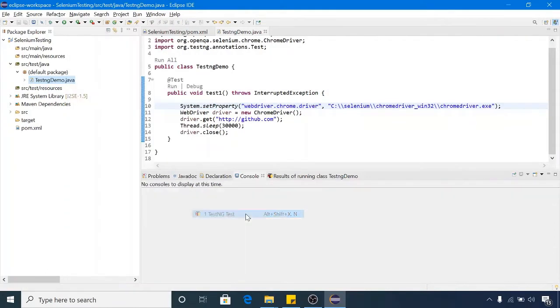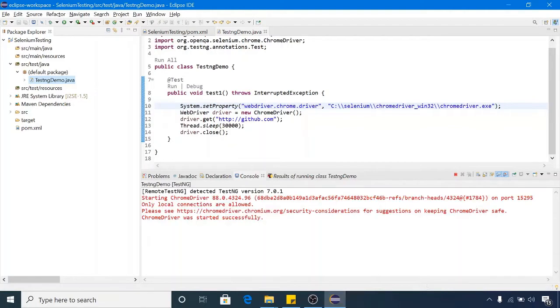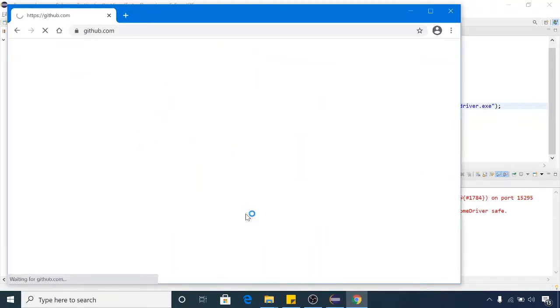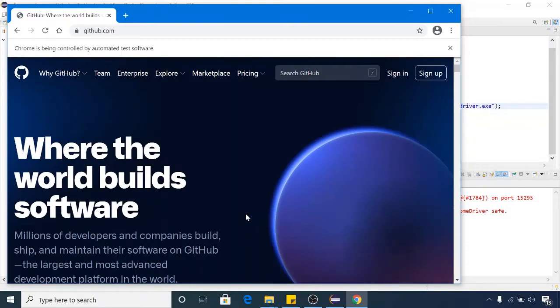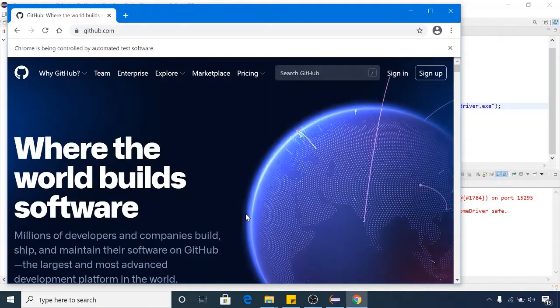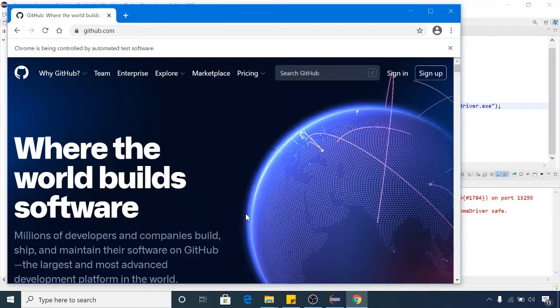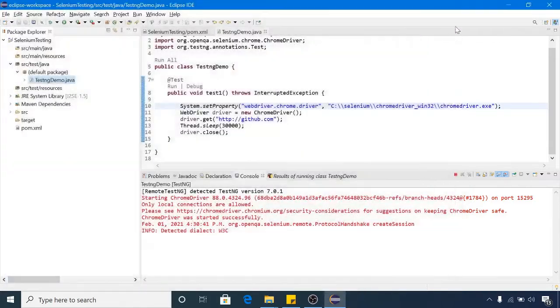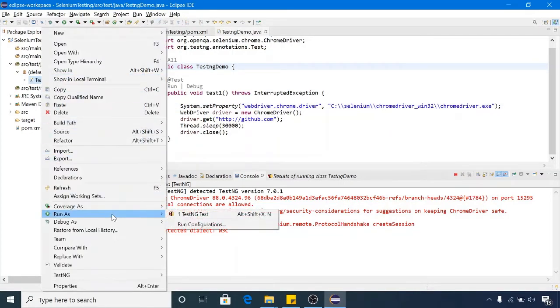It will start the test execution. So I clicked on Run as TestNG. It again started executing the scenario, it launches the Chrome browser and opens github.com. So now we have successfully integrated TestNG in our Selenium project, or you can say TestNG in our Maven project. So this is one way of running a TestNG test case, Run as TestNG.